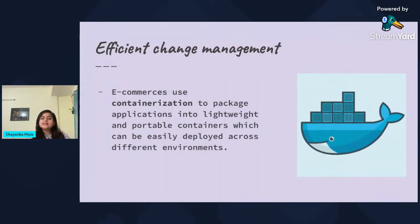Now coming to the last but not the least, e-commerces need to change very frequently because they're directly dealing with customers, and customer experience is very important. Today if you're showing some brand which customers do not like, it can actually lead to a drop in customer numbers. So change management, like quickly being able to change the homepage, or quickly being able to change how orders look in your customer app,